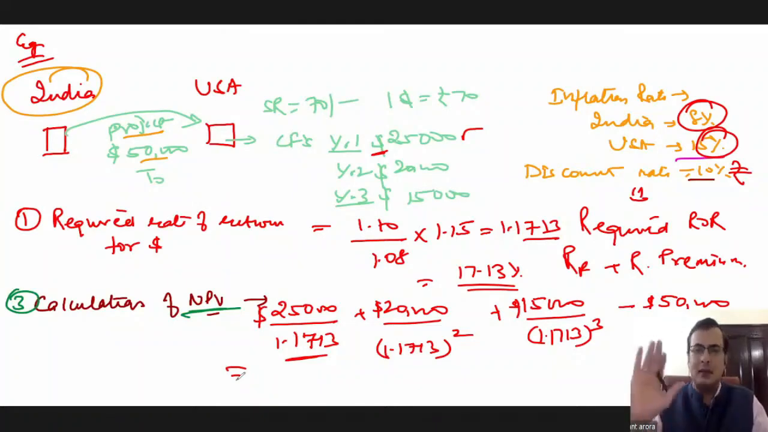So I will take the benefit from here. 25,000 divided by 1.1713, equals this. 20,000 divided by 1.1713 divided by 1.1713. 15,000 divided by 1.1713 divided by 1.1713 divided by 1.1713. Okay, so I am getting as